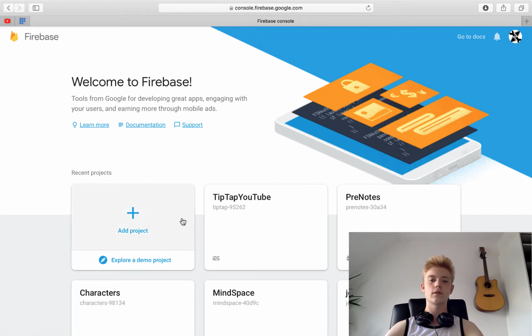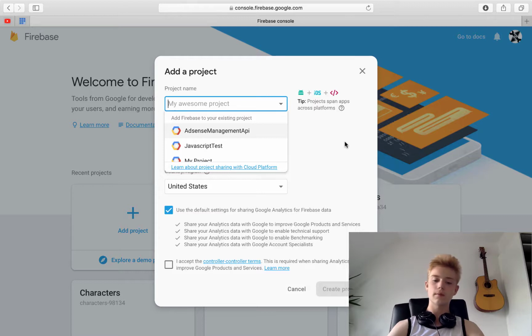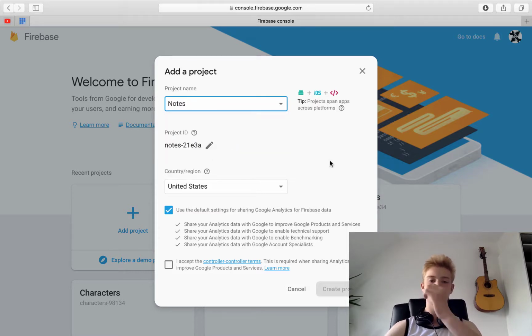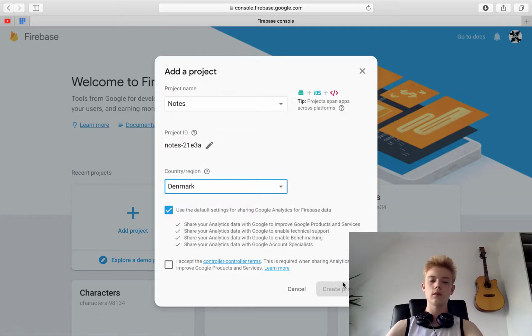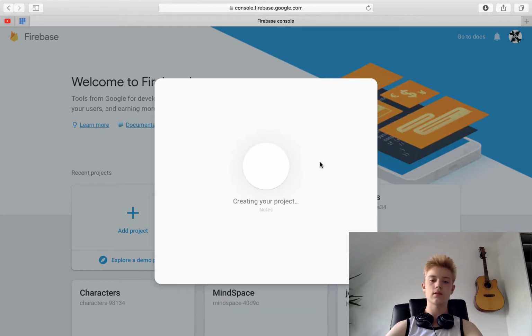So once you're in console.firebase.google.com, click on add project. So we're just gonna name the project notes. Cool. Now for the country region, I'm just gonna do Denmark, since I'm located in Denmark, and accept the controller terms. Click create project, and we'll just patiently wait while Firebase is preparing everything. Cool, now click continue,